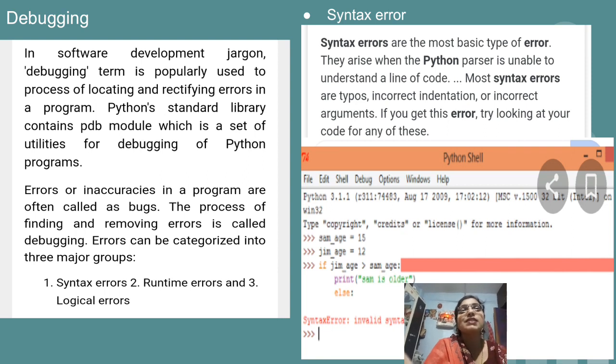Now in this example you will get an error message. Why? Because the else should be placed exactly below the if statement. We have to indent that else just below the if, not below the print statement. This is the reason why the system will give you a syntax error, invalid syntax, because the else is not at the proper position, or proper indentation is not there. So this is called a syntax error.